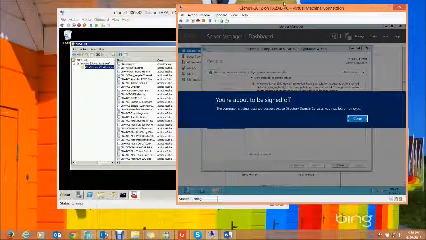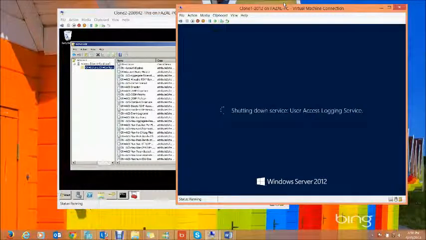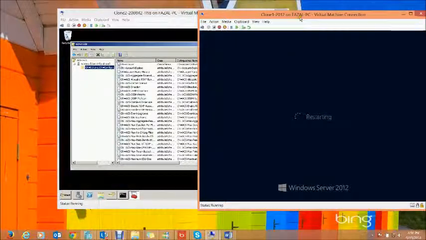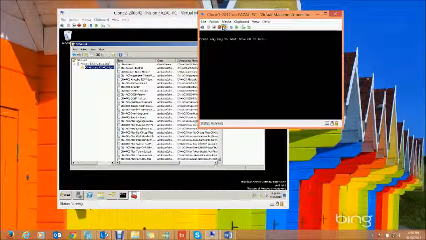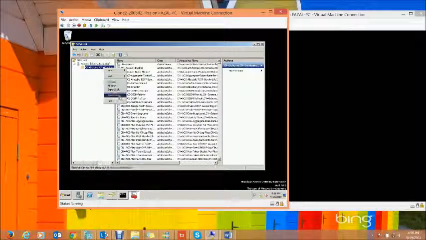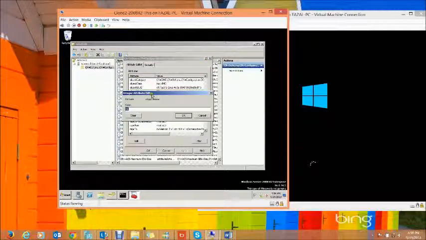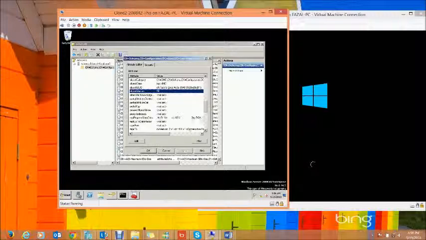So if we see in the background, my installation of Active Directory has completed and automatically the server is being restarted. Once it restarts, we will see that the domain controller promotion is completed. So what I will do right now is I would come over here and we would see the object version attribute, which is now 56. So this means that the object schema version which was imported inside Active Directory is 56 for Windows Server 2012.